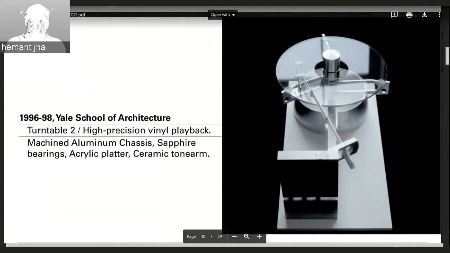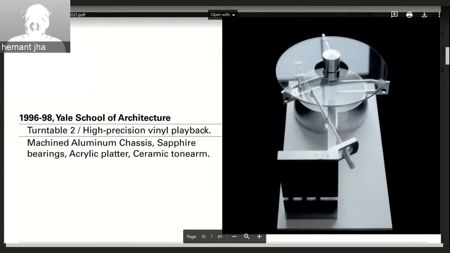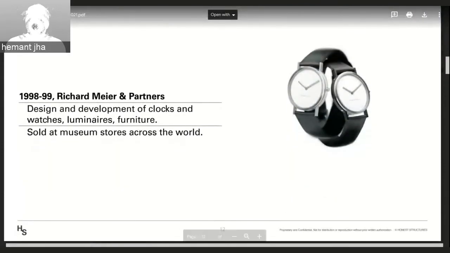But I think it was a really good introduction to the kinds of things that we normally learn in architecture and design school. So really good first exposure. So I finished my program at Yale, and after school was with Richard Meyer and Partners in New York City, and I was his sole designer, and I designed clocks and watches and light fixtures and furniture for him, and these were sold at museum